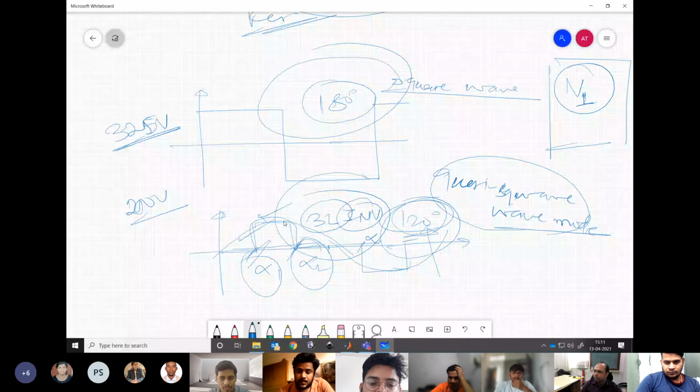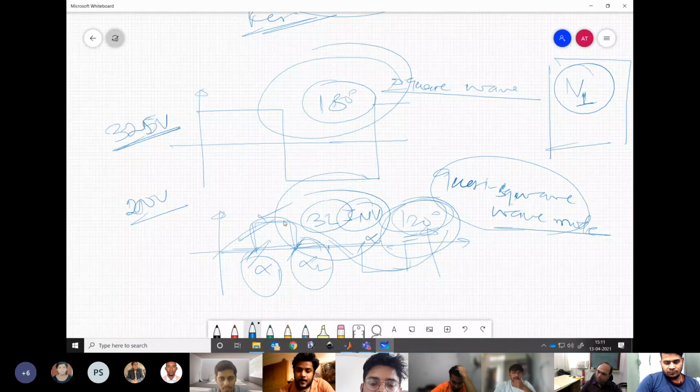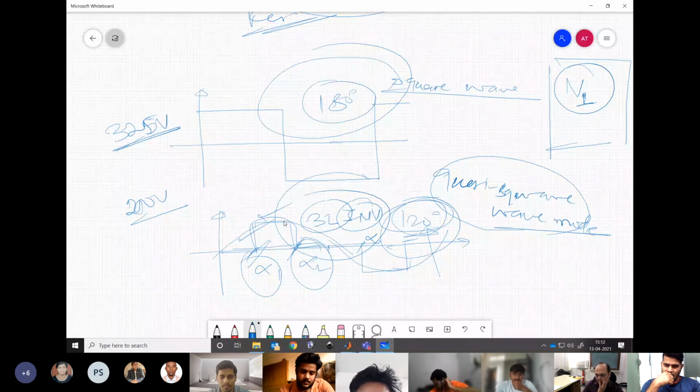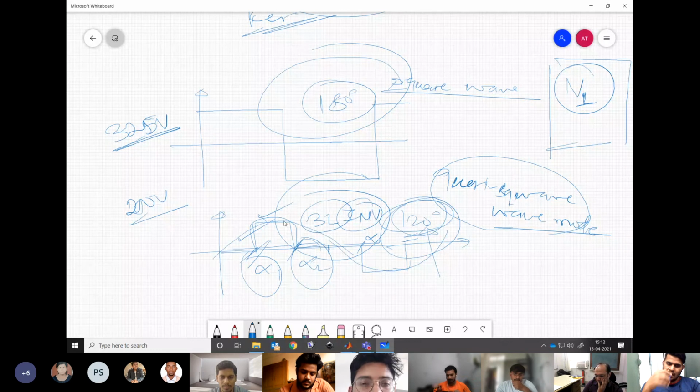Sir, in 120 mode of conduction, the voltage waveform depends on the load actually. If the load is purely inductive, then the voltage waveform is not accurate. It may be anything, it is not predictable. If we draw the pole voltage of 180 degree conduction for a purely inductive load, then we get some value. The waveform is unpredictable, sir.